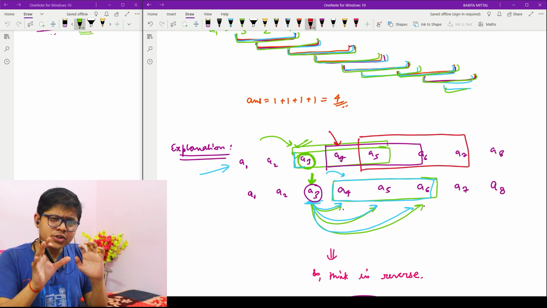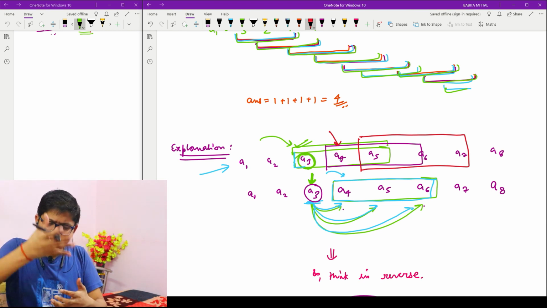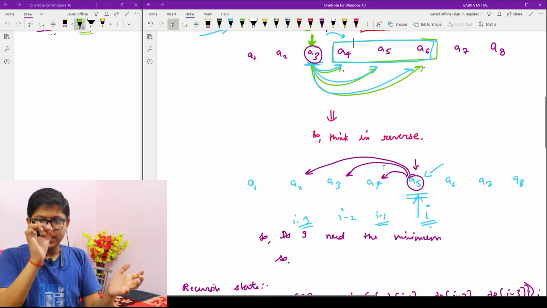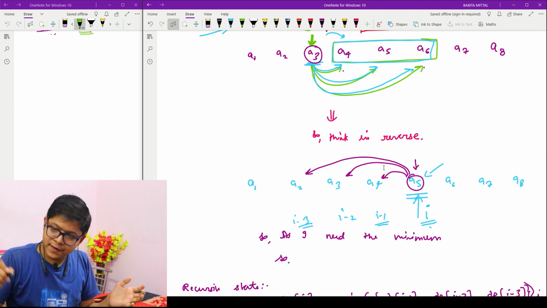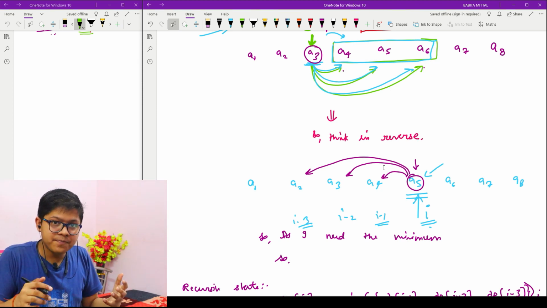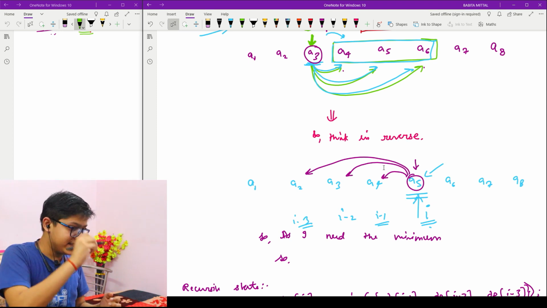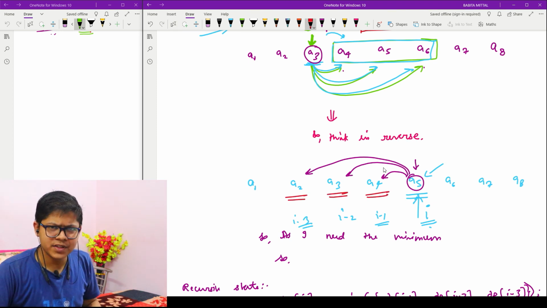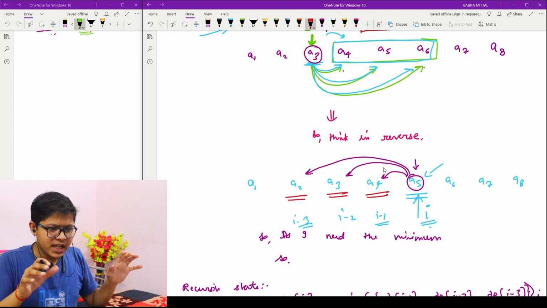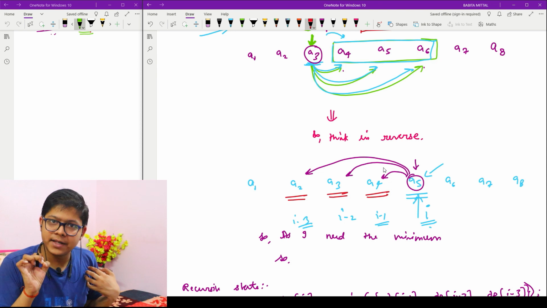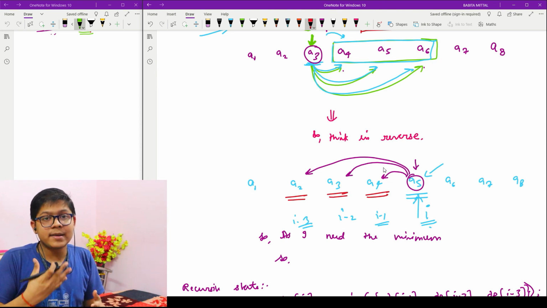So, you can clearly see that if you think in reverse, it will be something like this: A1, A2, A3, A4, A5, A6. Then if you are standing on A5, you must have arrived at A5 from either A4 or A3 or A2. What I wanted is the subsequence sum to be minimum.